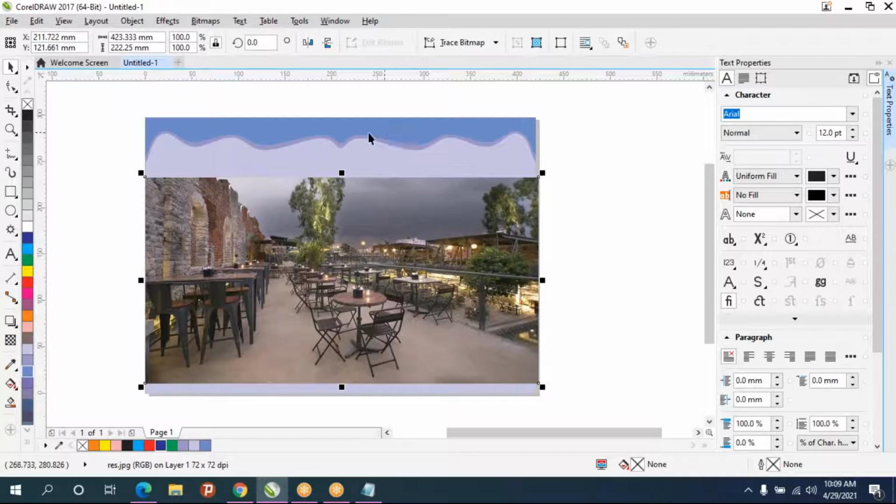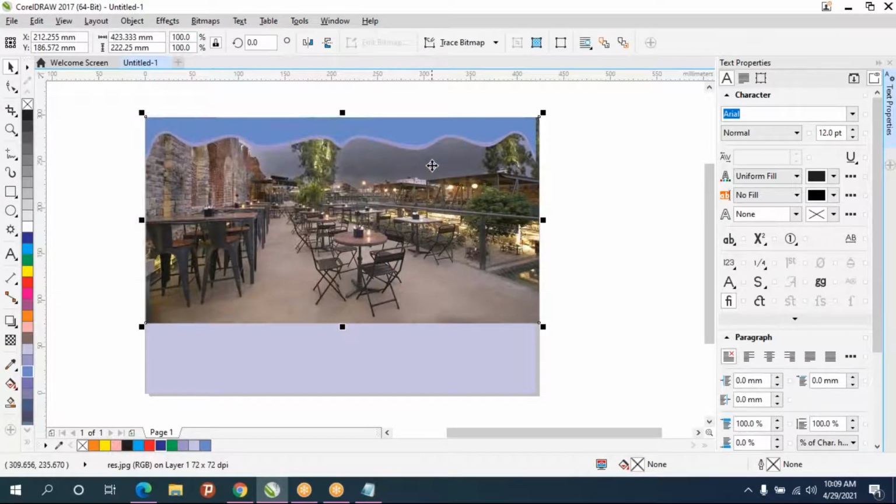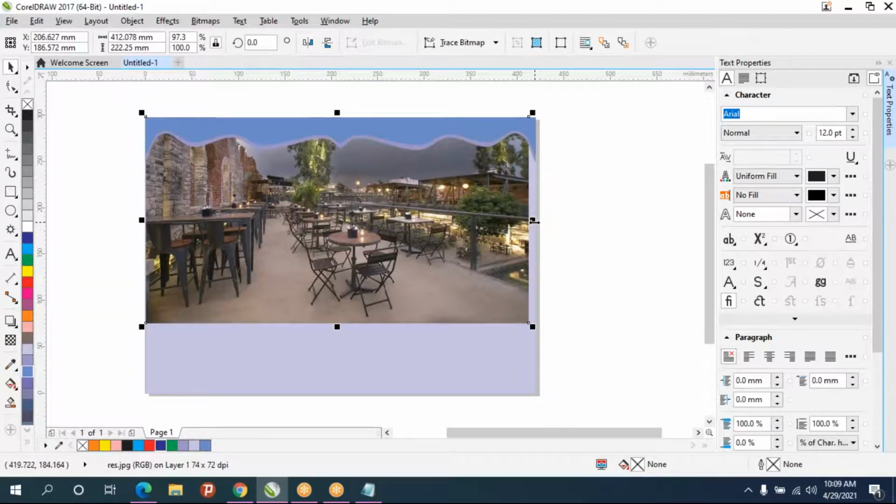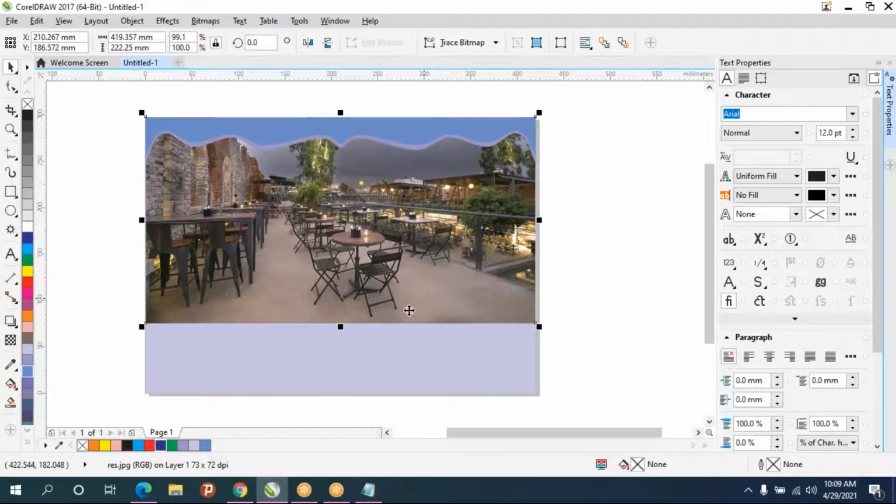So now the design is not visible. So what I'll do, I'll select these designs. I'll do Control X, Control V. Now we can move this image in between that, and you can reduce the size.